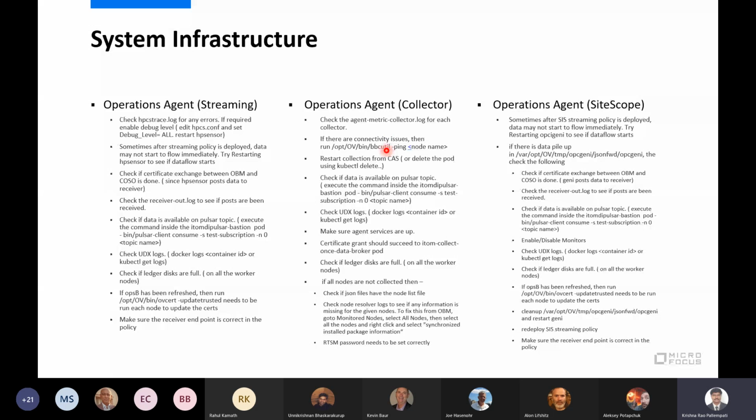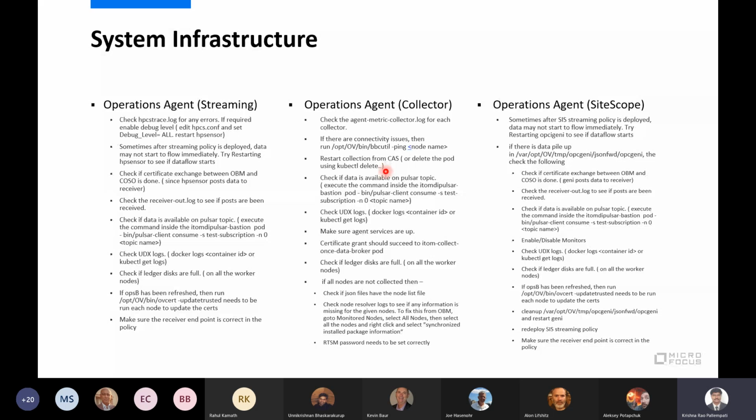So this is high level, where sometimes if there are connectivity issues, we need to restart CAS. CAS is again content administration service, where you can start your collection or restart the collection. Those commands Rahul went through yesterday, but we can look into those steps, how to restart collections. And the same flow from here onwards. I think all these things are the same here.